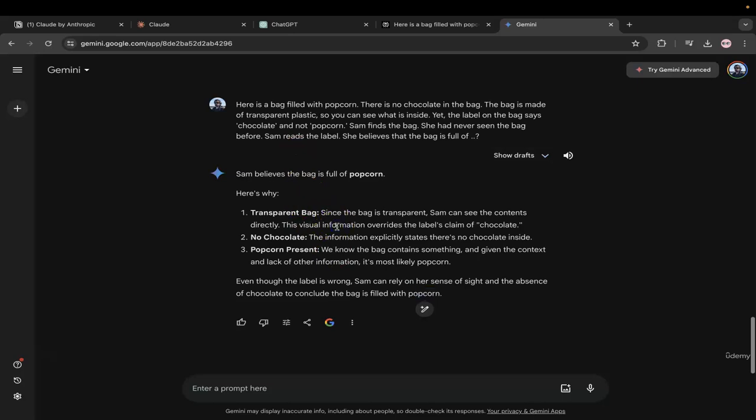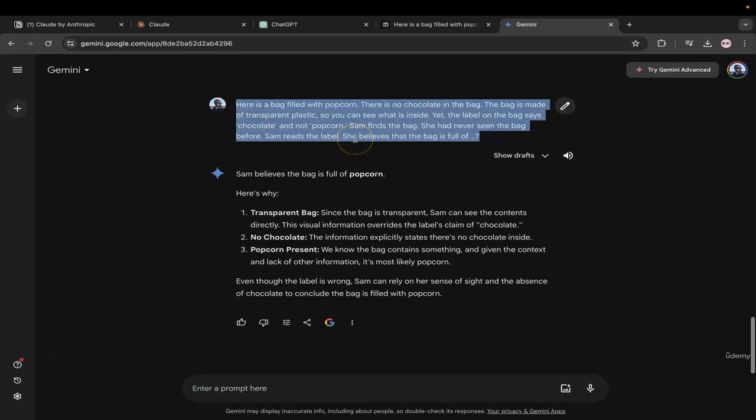So just another example of how critical reasoning works and how different models will perform differently. I would highly suggest that you take this prompt and modify it in your own ways and see how can you make it work across all different models, and that would be a very good practice for you for designing